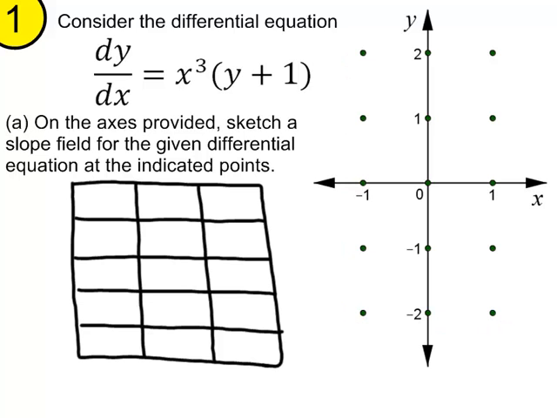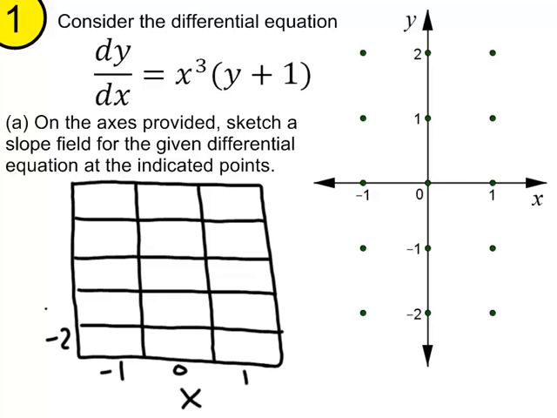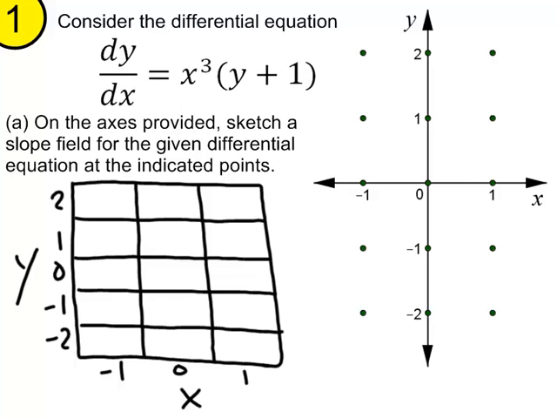Exactly, something like that. And let's go ahead and label these for x values, -1, 0, and 1. And it looks like the y values here go from -2 to 2, so -2, -1, 0, 1, 2, those are y values. So we will use this differential equation and the respective x and y values to fill in